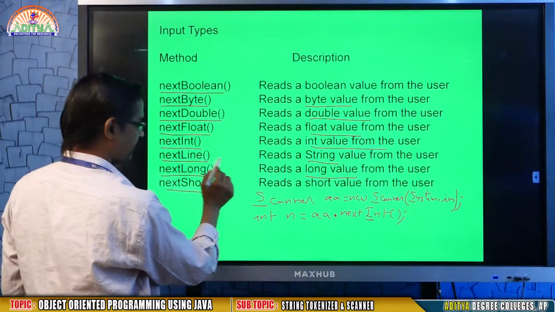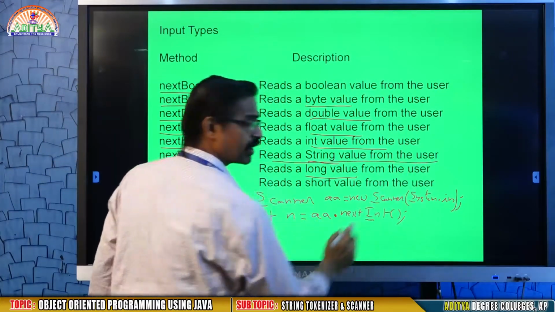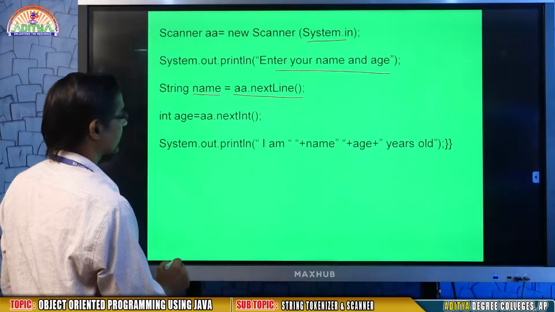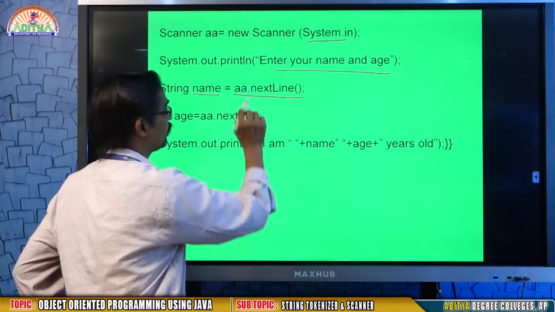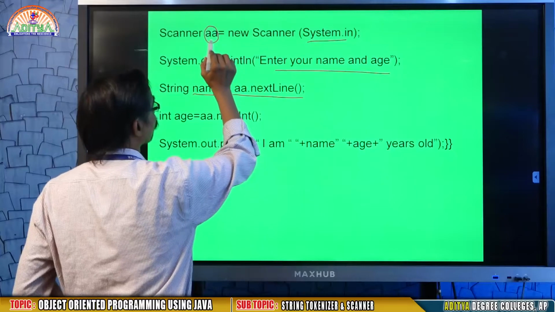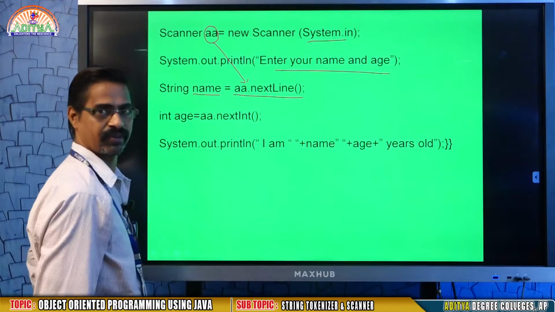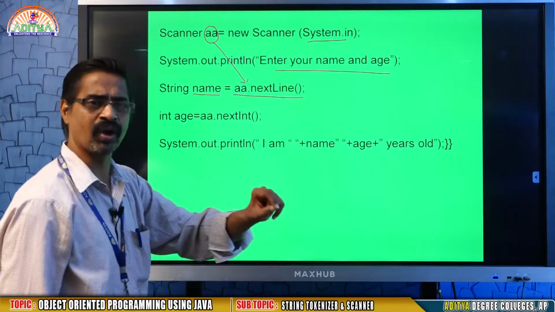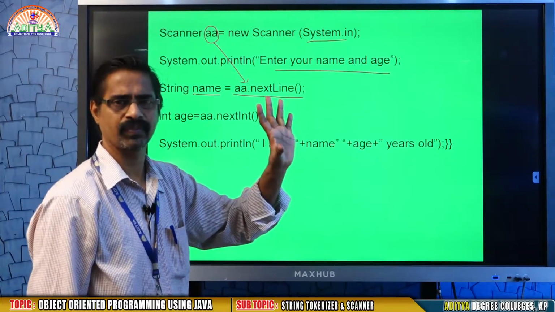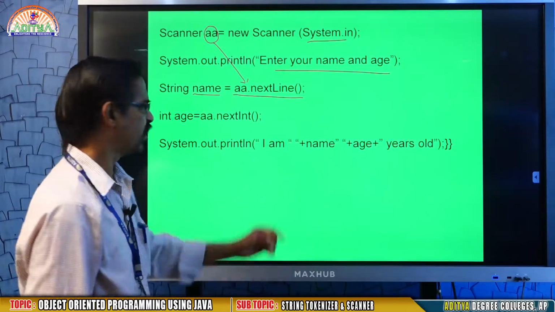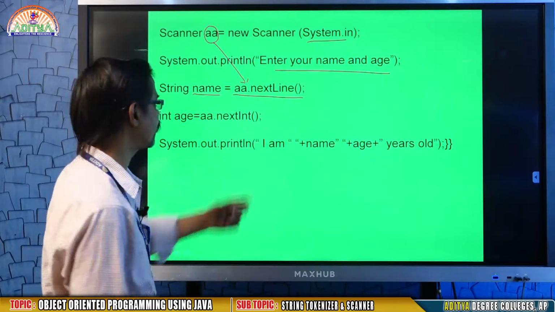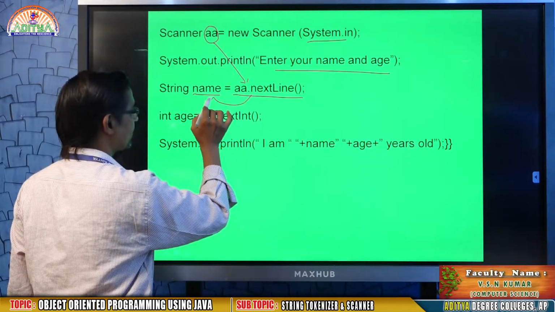Next line reads a string value from the user. Here, a is the object, and nextLine will read a string. What is the string you want? Archer Degree College or Java programming language, any string or your name, you may enter it. That name will be assigned to the name